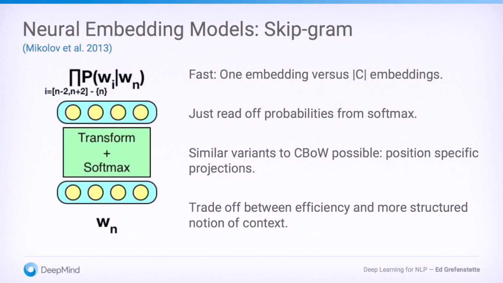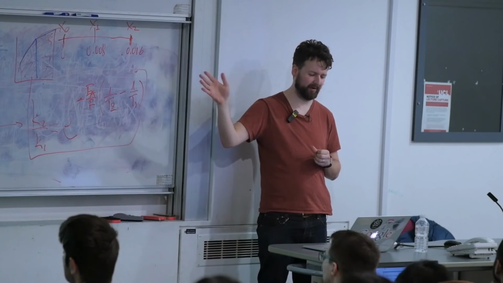And there are similar variants to contextual bag of words, conditioning on the position rather than just producing the probabilities of the target words willy-nilly. But obviously, you're always adding computation, adding parameters to do these. So in general, in these approaches, we see a nice sort of trade-off between the efficiency of the method and a more structured notion of context, which I guess is the easy way of summarizing all the work that happened after